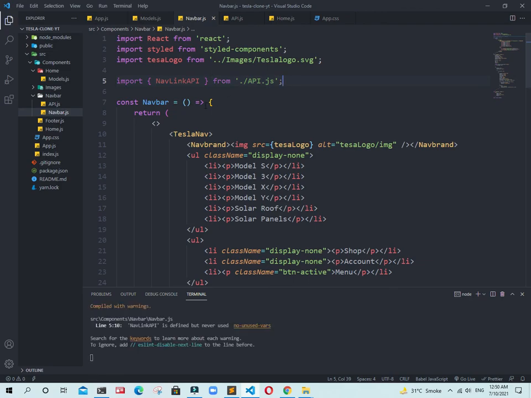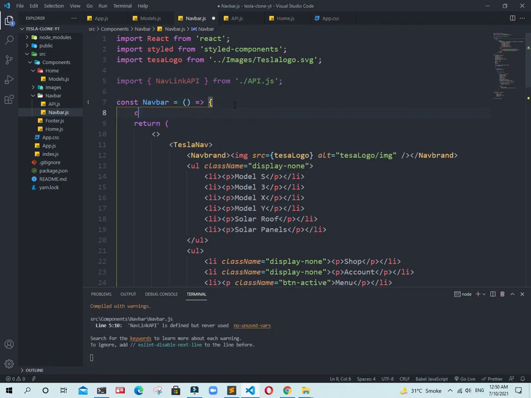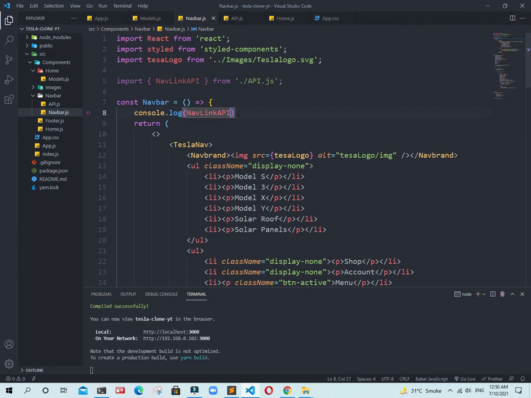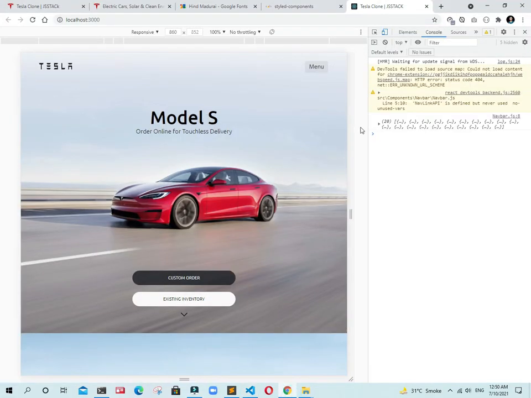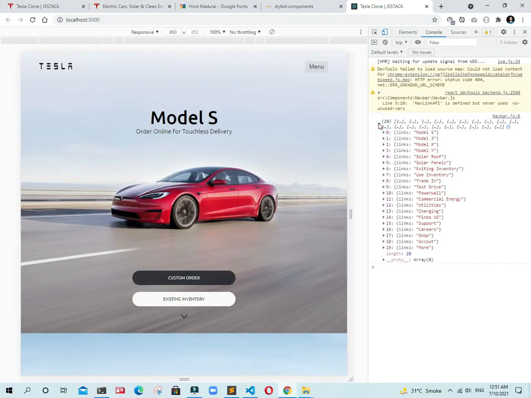Now if I again console.log this API, Navlink API, you see in the console we have 19 items. We have 19 items which look like an API.